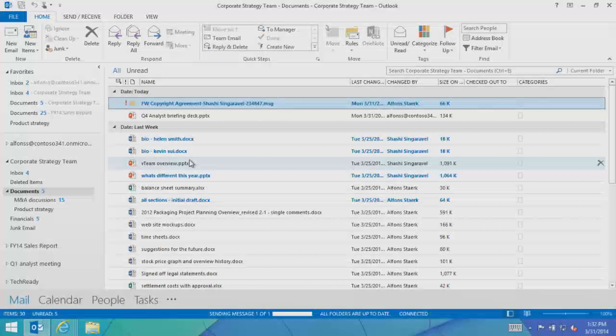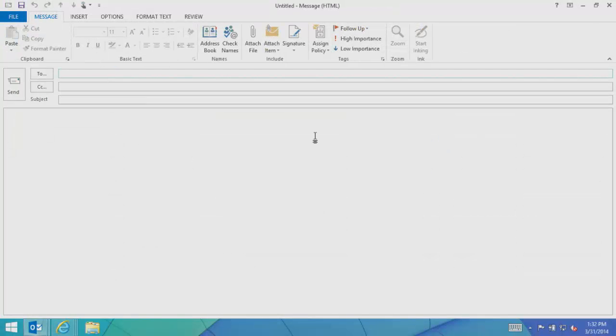So let's do that. And let's also say I actually want to catch up on the most important documents that my specific project pertains to. An easy way to do that, which would be